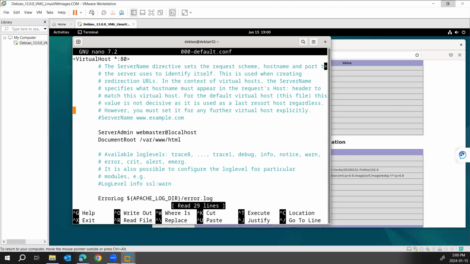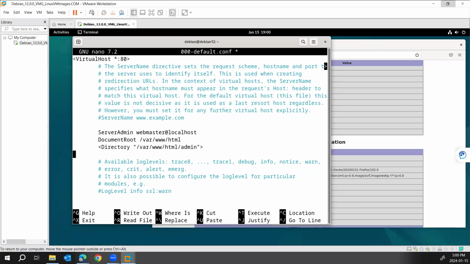is like having authentication for guest user. That means that anyone entering my website should enter username password. So we call it also a directory authentication. So I'm going to create here a directory, and this directory is located under var www.html. So I'm going to create that one later, maybe var www.html,